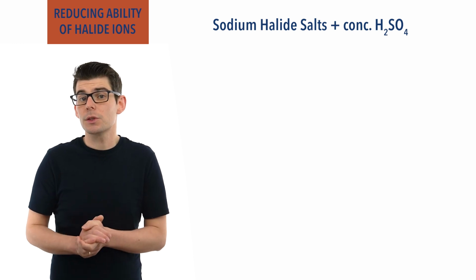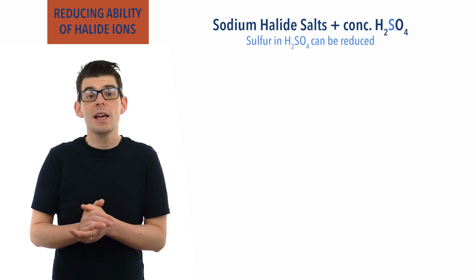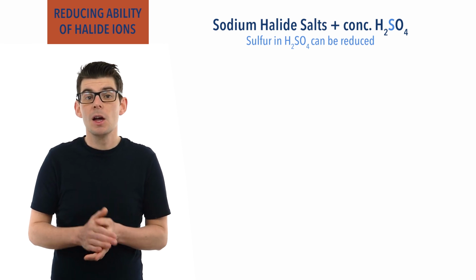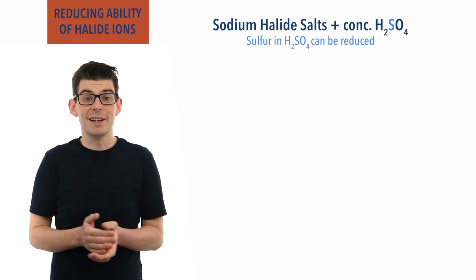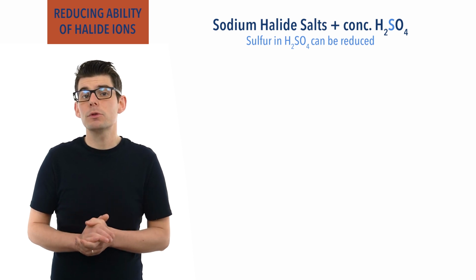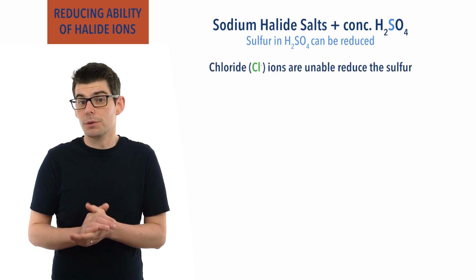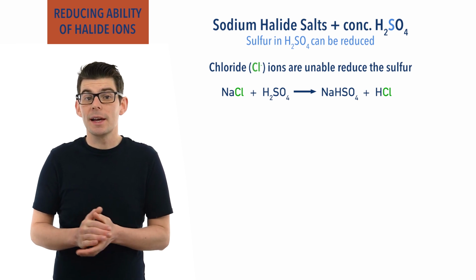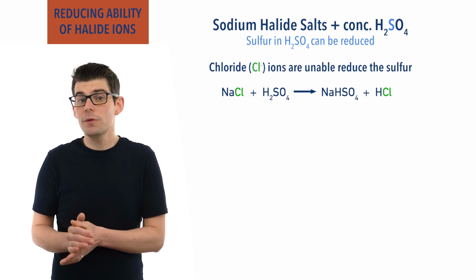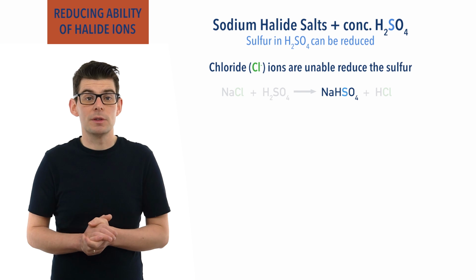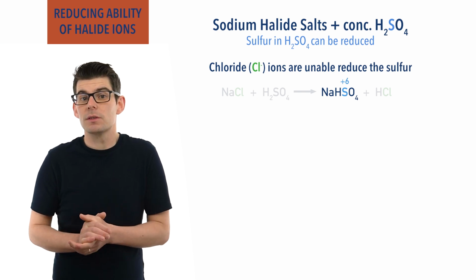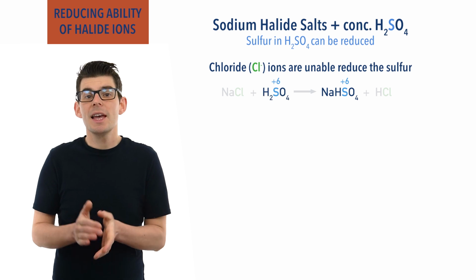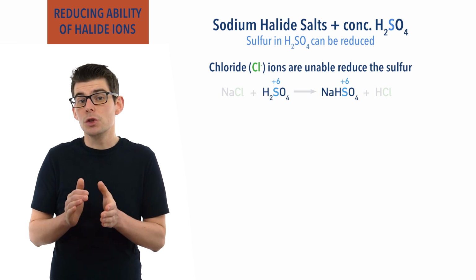The sulfur in the sulfuric acid can be reduced if it comes into contact with a powerful enough reducing agent. Chloride ions from sodium chloride, NaCl, are unable to reduce the sulfur. In the reaction, sodium hydrogen sulfate, NaHSO4, gets formed, and this contains sulfur with an oxidation state of +6. As the oxidation state of the sulfur in the original H2SO4 was also +6, it remains unchanged,